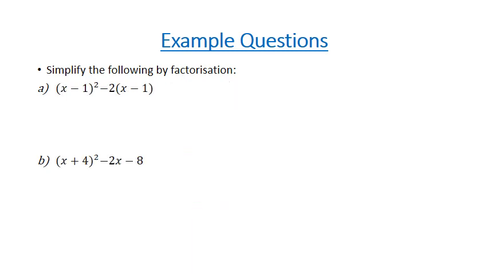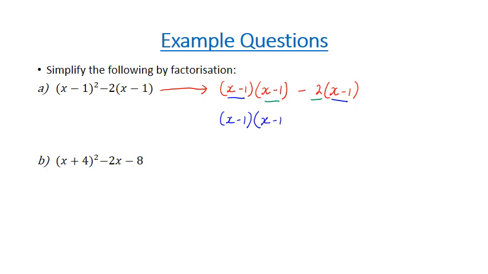Okay, so let's have a look at our first expression here. Now we can rewrite this first expression a little bit differently, where instead of having bracket x take 1 bracket all squared, we can actually write it as x take 1 multiplied by x take 1, and then we're going to take away 2 lots of x take 1. If we write it this way, it's easy to see that we have a common factor here and here. So we can then take out that common factor and have x take 1 out the front, and then whatever's left over, which I'll underscore in green, we can put inside the brackets. So that becomes x take 1 take 2,